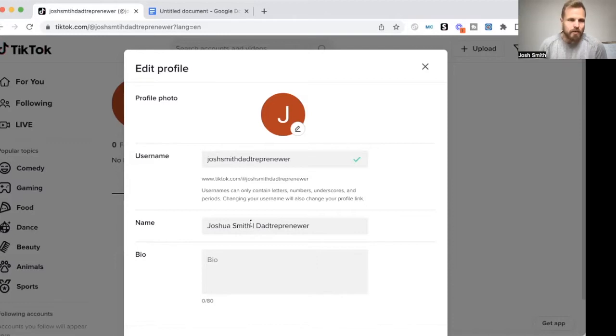You would want to do something like your name and then affiliate marketing, or say your name is Josh Smith, Josh the affiliate. Okay. Or Jessica the affiliate, something like that. So that when people go to TikTok and they search affiliate marketing, they are going to find you because your name has affiliate marketing. Okay.